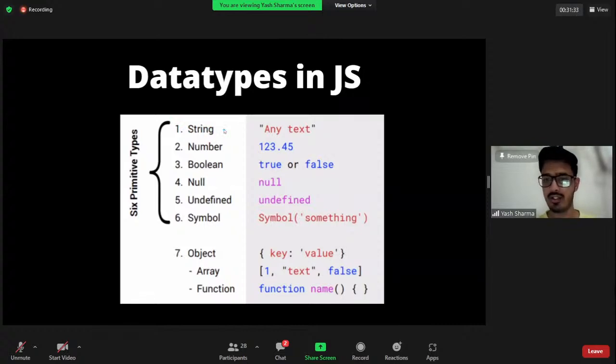String, obviously, you know: character, paragraph, everything that comes under string. Okay. Number: in C++ you must have seen int and float. In Java, you must have seen int and float. But in JavaScript, we just have number. If we create a var like this, then it is of number data type, right? Whether it is decimal placed, whether it is anything. If we create a variable of number type, we need not